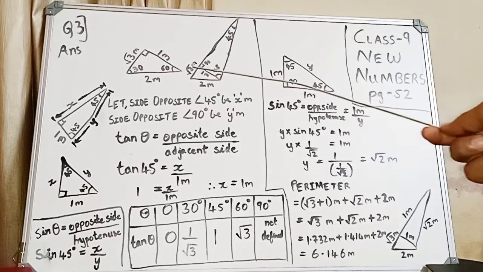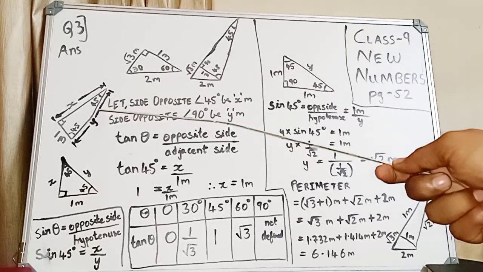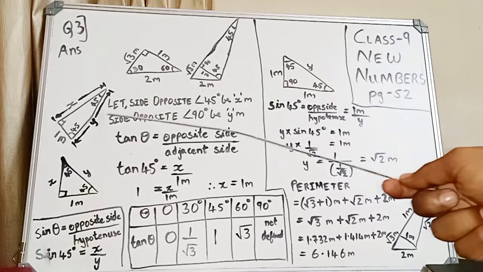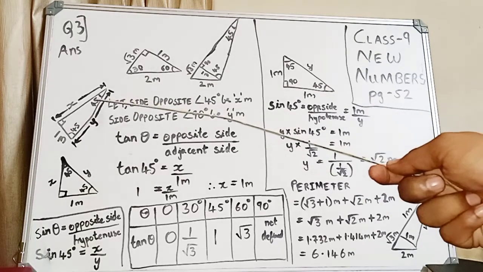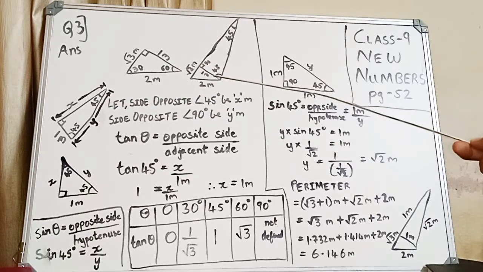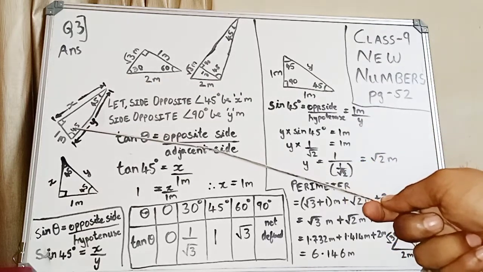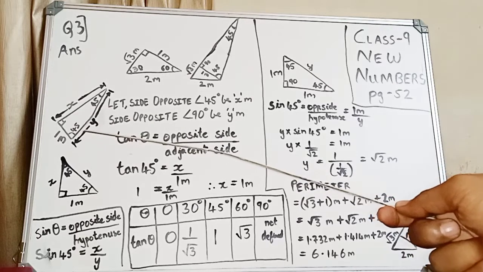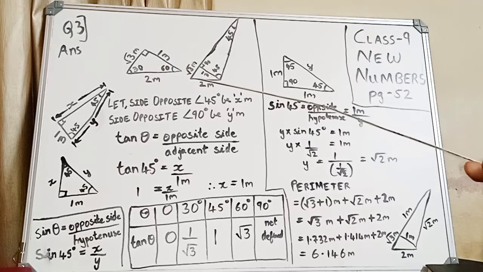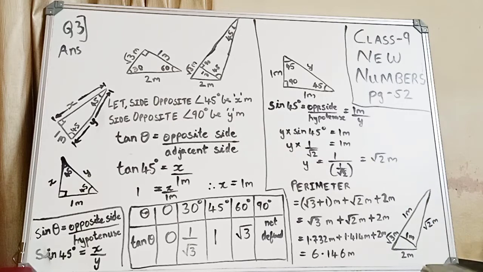You can see this is a larger figure just for you to see, and this comparatively bigger triangle I have drawn over here. Okay, so 45 degree and 45 degree you can see over here. This 1 meter is drawn over here. You can see 45, this 1 meter, and this is 45. Okay, so there are two triangles. The smaller triangle is over here, this is the larger triangle I have drawn separately for you to understand better.